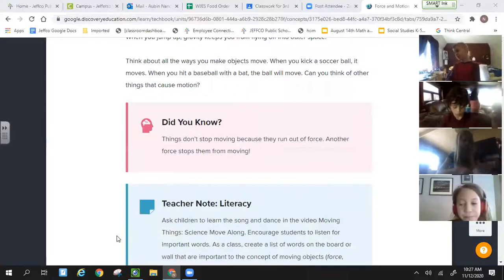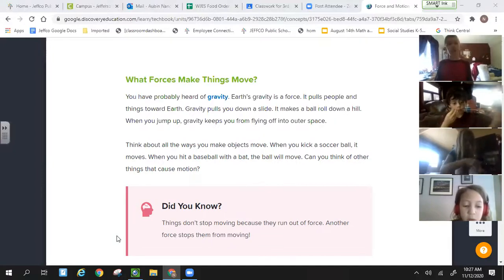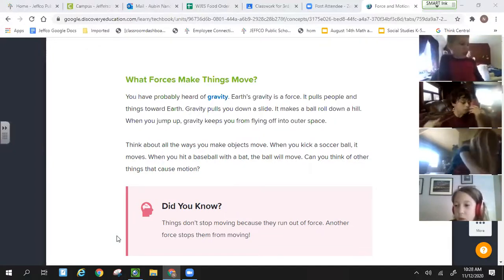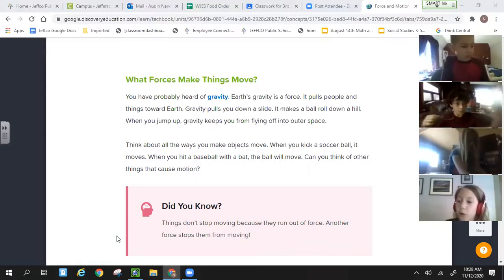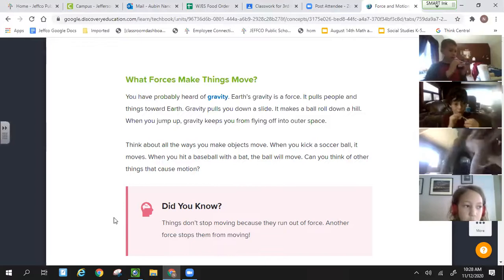Yeah. So we have gravity, which is pulling it down. We know we have all these forces pushing and pulling, and that has to be equal. And if it's not equal, what would happen to that statue? It would fall over and collapse. Here's an interesting one. Did you guys know things don't stop moving because they run out of force?